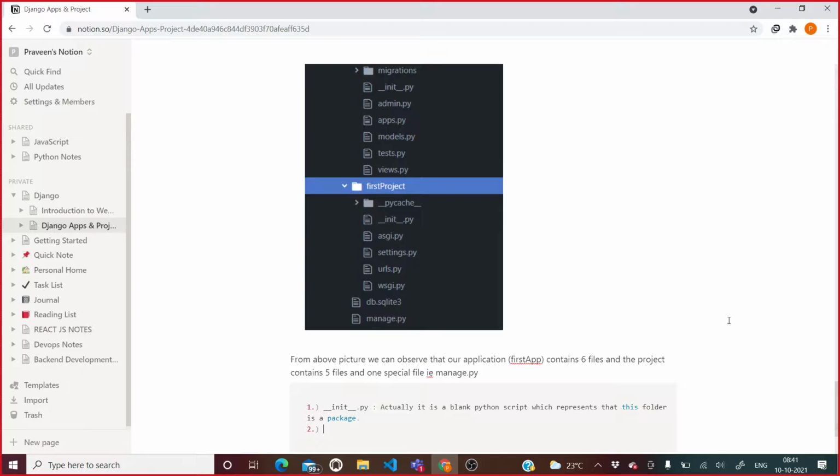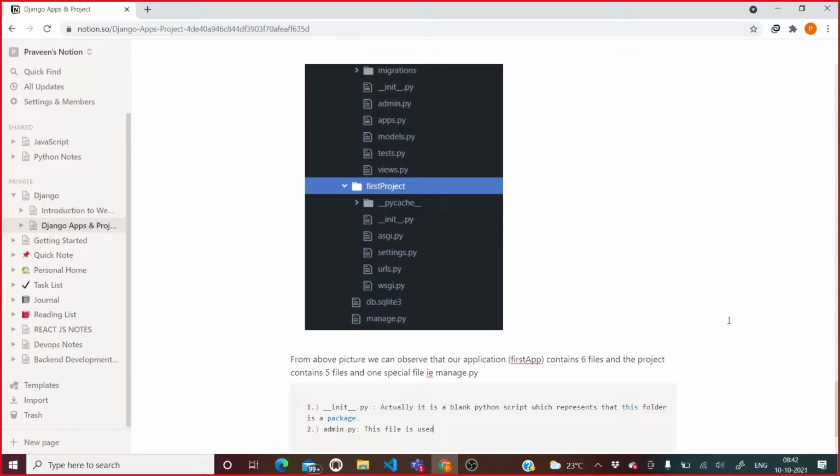Now after that, what is there? admin.py, right? What is the meaning of admin.py? We can register our models in this file. Django will use these models with Django's admin interface.